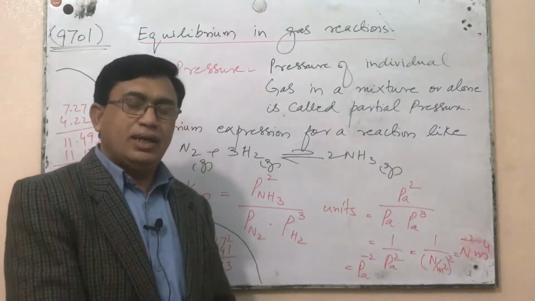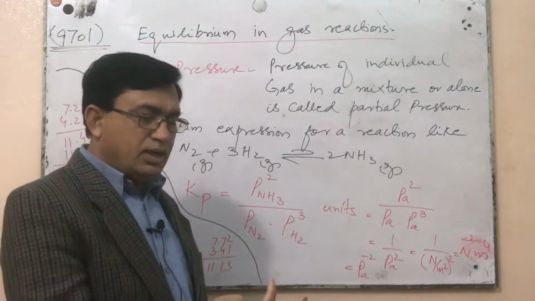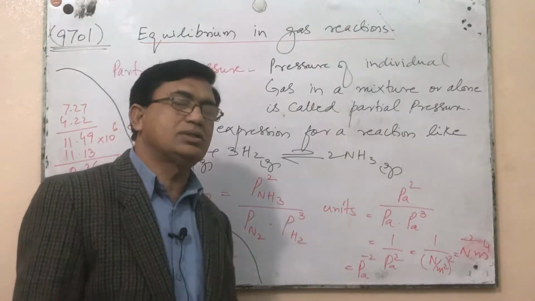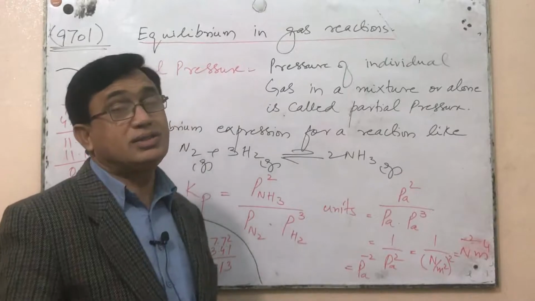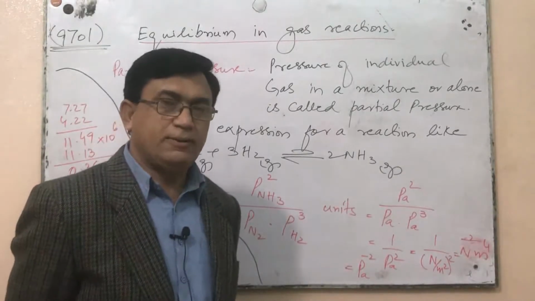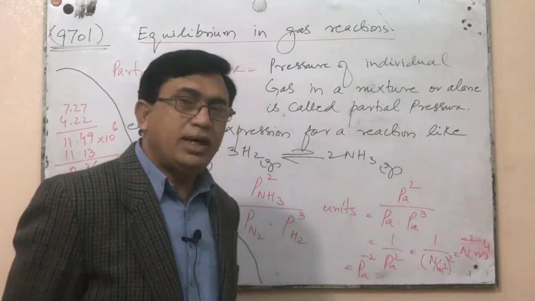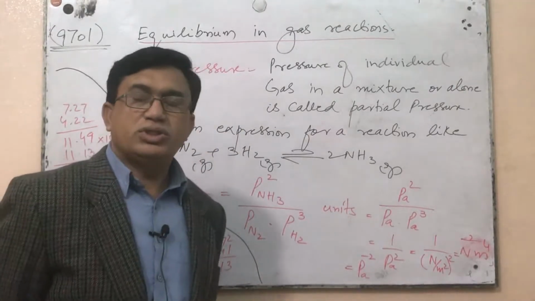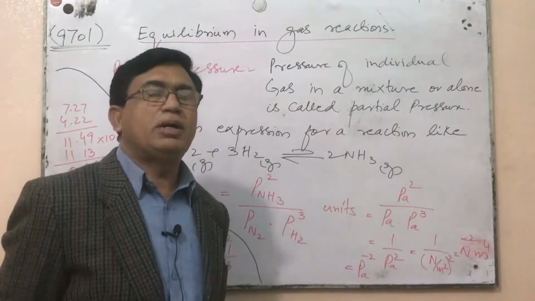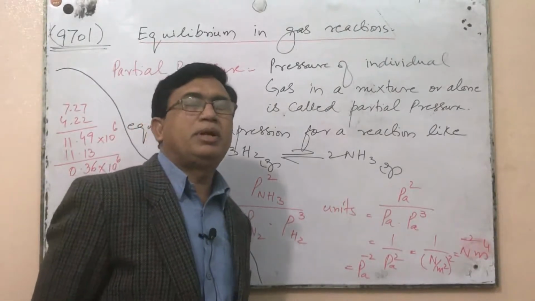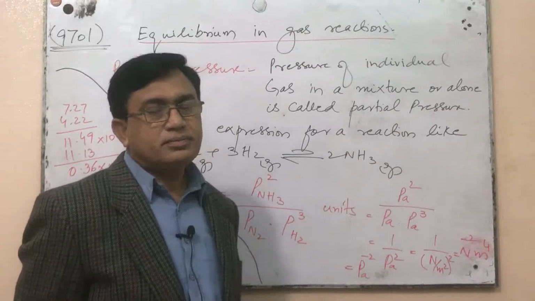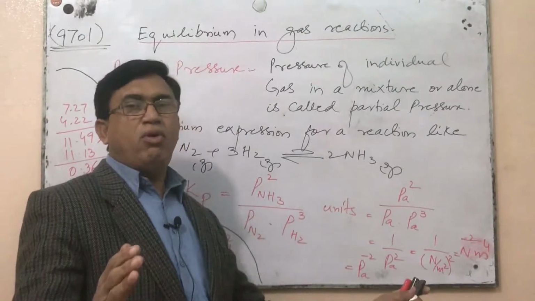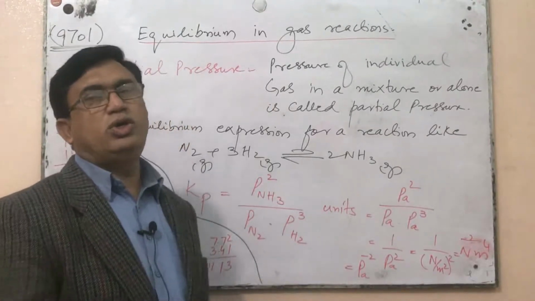For example, in the atmosphere we have nitrogen, oxygen, carbon dioxide, and all of these gases collectively exert atmospheric pressure. The pressure exerted by the nitrogen component is a partial pressure. The pressure exerted by the oxygen gas in the atmosphere is called the partial pressure of oxygen, and the pressure exerted by the carbon dioxide is the partial pressure of carbon dioxide, and the sum of all partial pressures is equal to the total